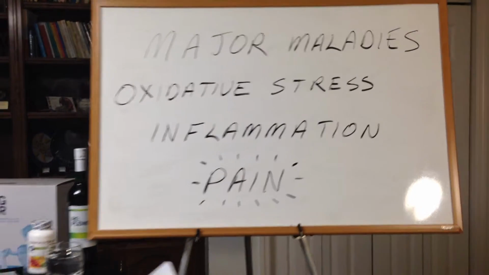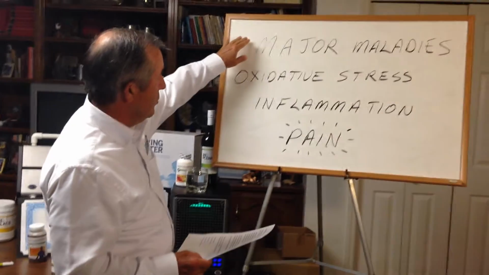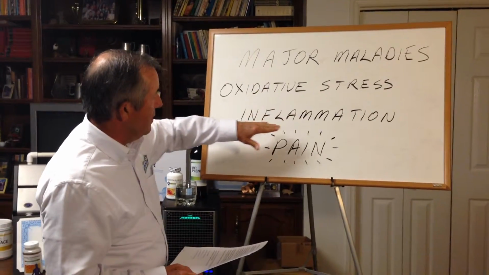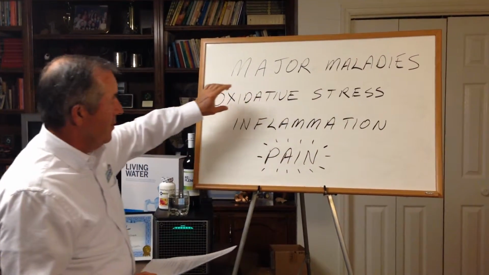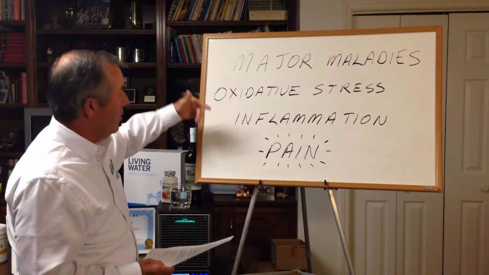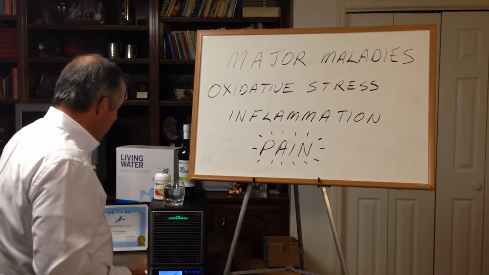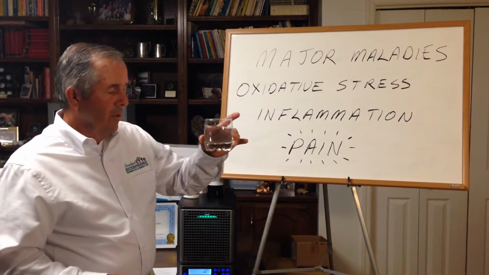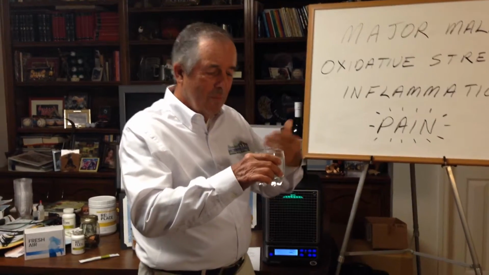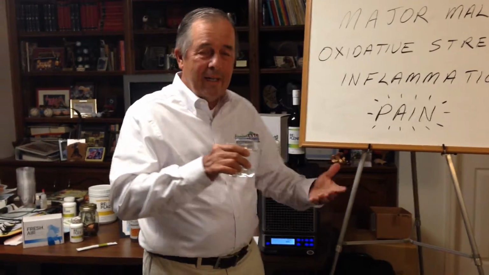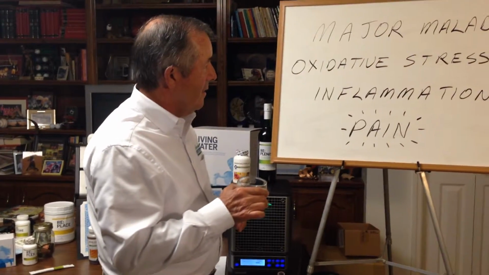So what do we do if we know that this oxidative stress is a major contributor to major diseases? If we know that this oxidative stress causes inflammation, is there any way to alleviate the oxidative stress? Remember how it said it can be emotional, it can be physical stress, it can be nutritional? Well, one of the things that we do is use living water. This is ionized, alkaline living water. It hydrates your body, helps your pH to become more alkaline, and when you do that, it alleviates oxidative stress.